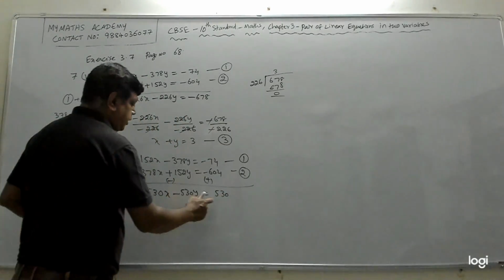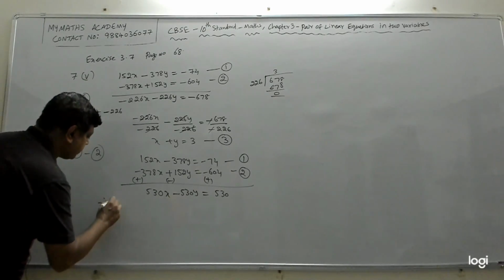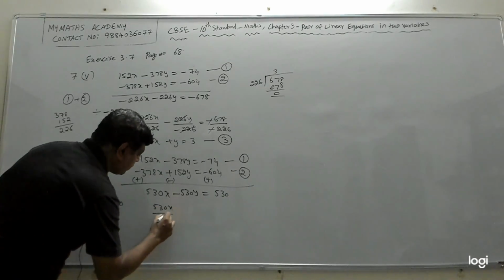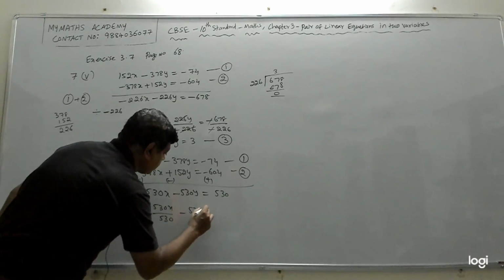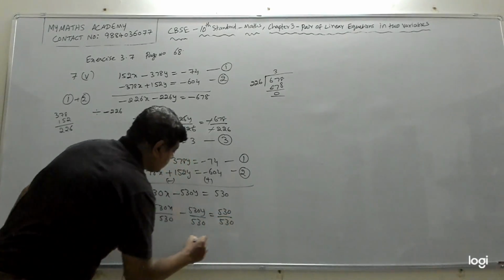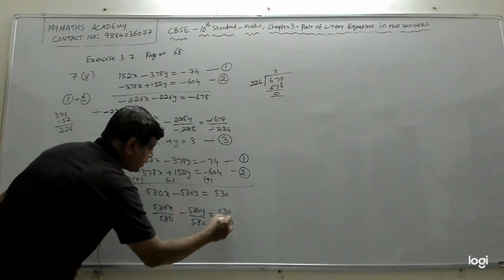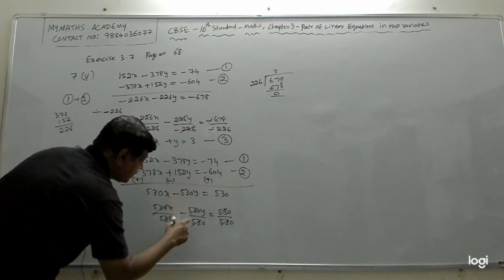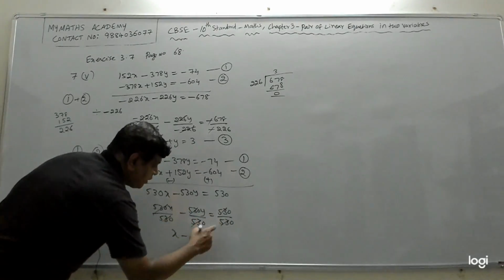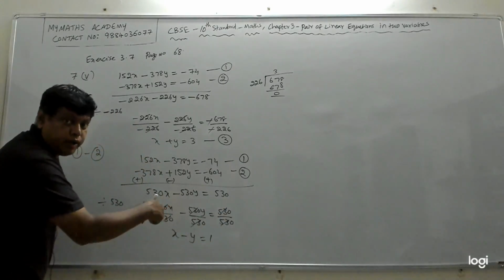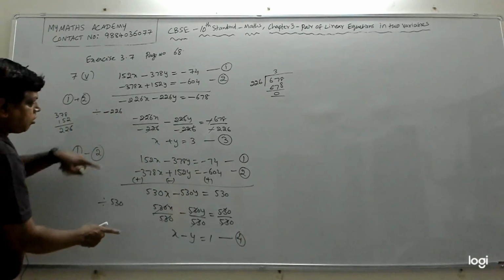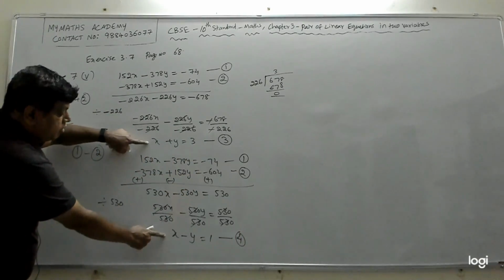Now everything has 530, so you can divide by 530. Divide by 530. Then this will become 530x by 530. That will become 1x minus 530y by 530 equal to 530 by 530. So this will get cancelled, this will get cancelled, this will get cancelled. So you get 1x, which is x. This will become 1y. So if we cancel it, it will become 1. So y. 530 by 530 will give you 1, not 0. We are dividing. So this is the fourth equation. Now if we solve these two equations, we will get the value of x and y.